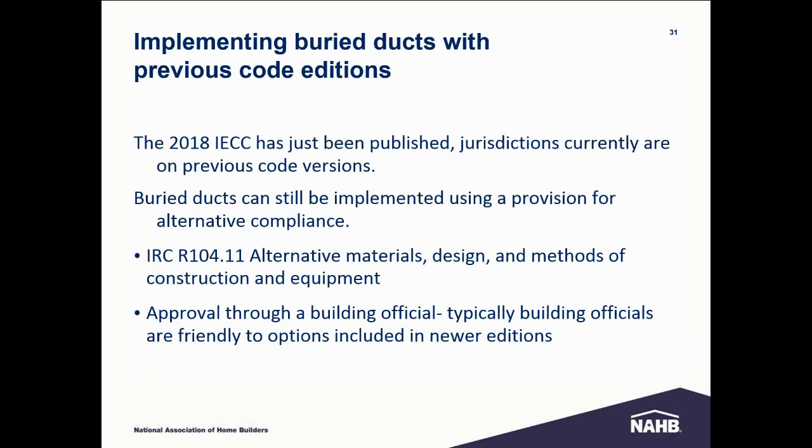So, implementing the buried duct with previous code editions. The 2018 IECC was just published. It was published in, I believe, early September. And at this point in time, no jurisdictions are on that code. They're all on previous versions of it. So buried ducts can still be implemented using a provision for alternative compliance. It's alternate means or alternate materials, design, and methods, which is IRC section R104.11. And most code officials are pretty friendly to accepting options that are included in newer editions of the code. So I wouldn't perceive that as being a problem if you reference the 2018